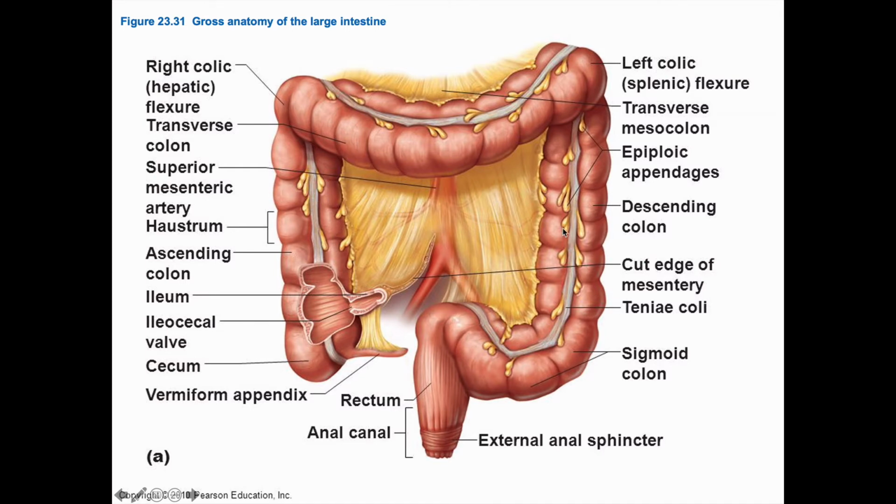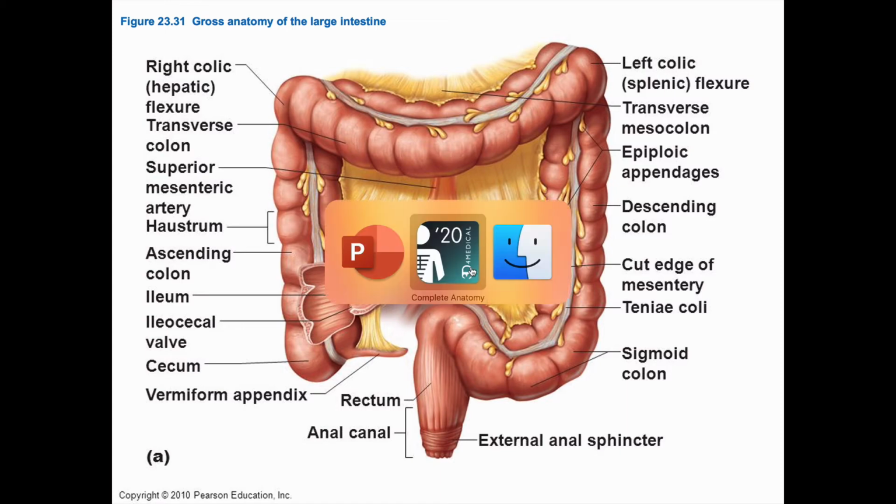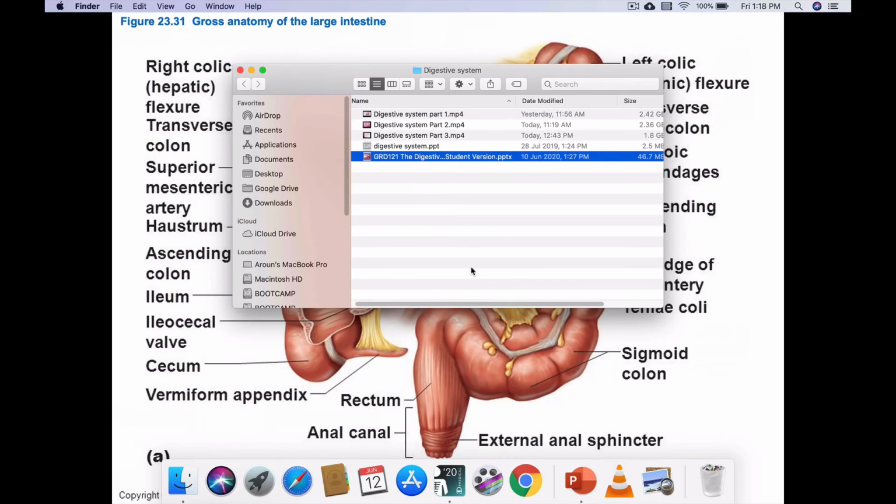These pouches in the taenia coli can lead to diverticulitis, which is a small pouch formation where there is accumulation of fecal matter, and it can lead to abscess formation. In autoimmune diseases, the large intestine and small intestine are prone to patchy inflammation. We call that Crohn's disease. It's an autoimmune disease, and some people will be suffering with Crohn's disease. So this is what we have to understand here.